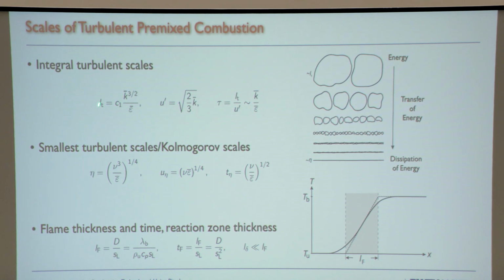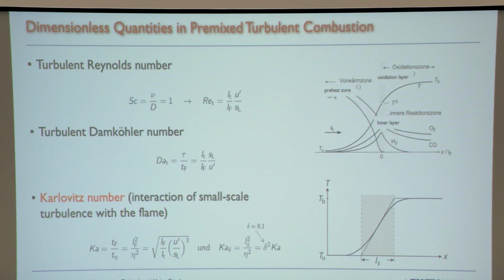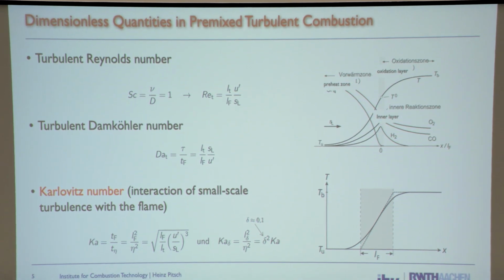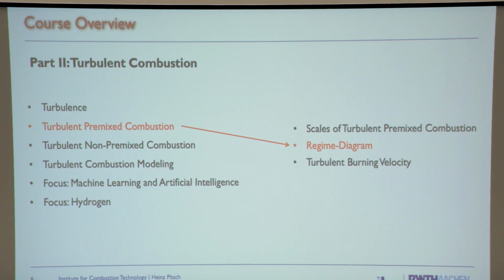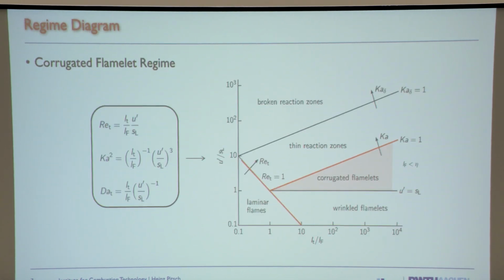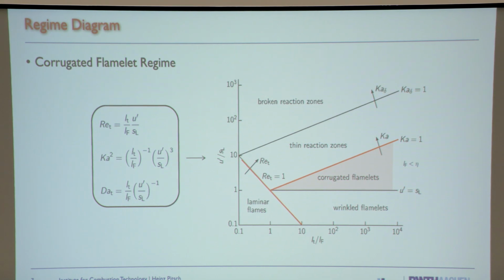I get something that has again LT and U prime. So the Karlowitz number can now also be written as a combination of these ratios of length scales and velocity scales. Okay, so from this we can construct what we call the turbulent premixed regime diagram, and